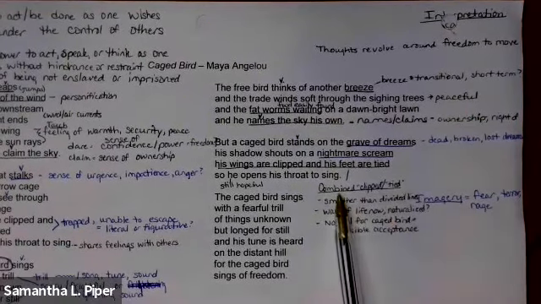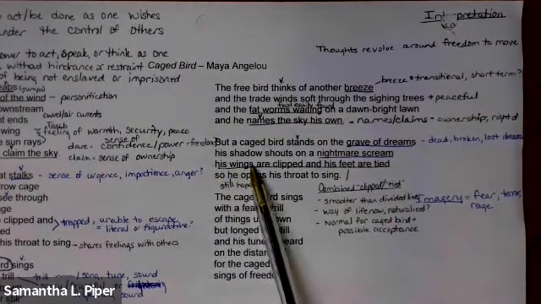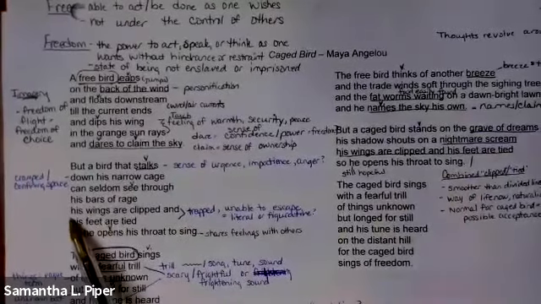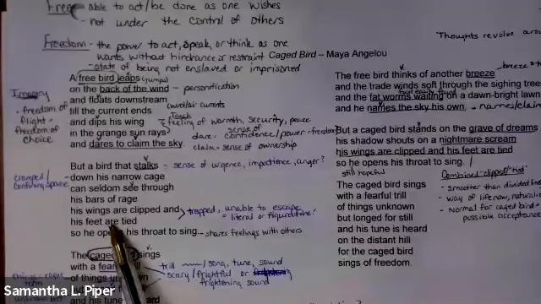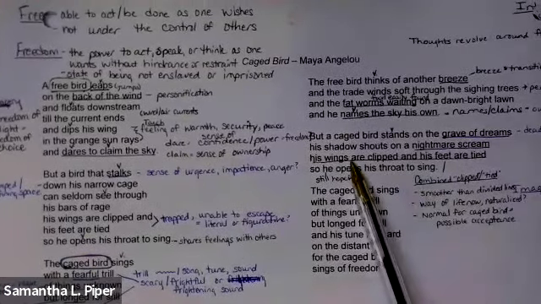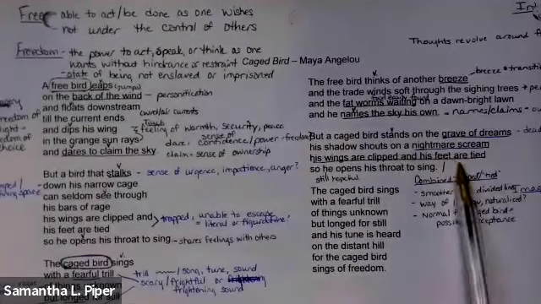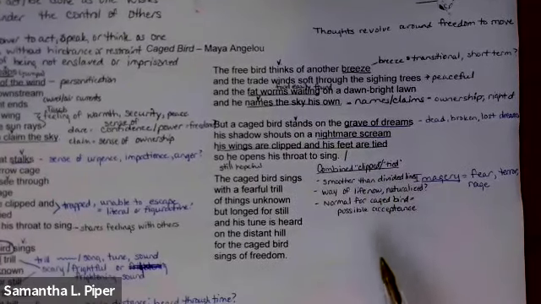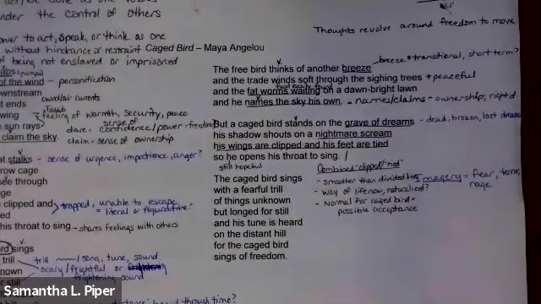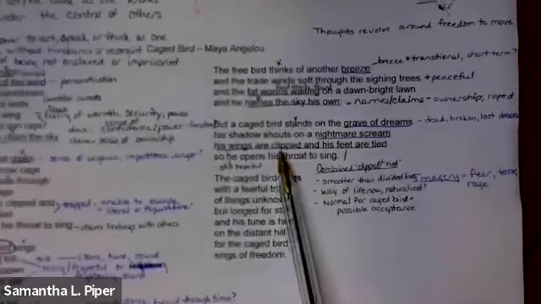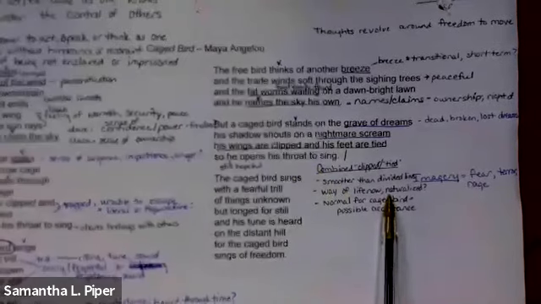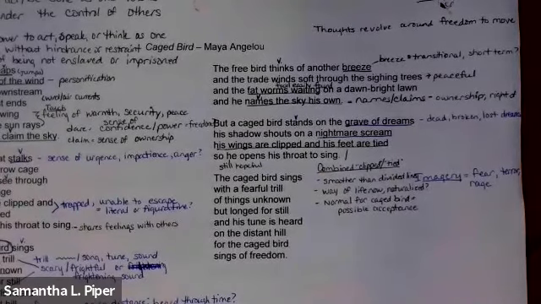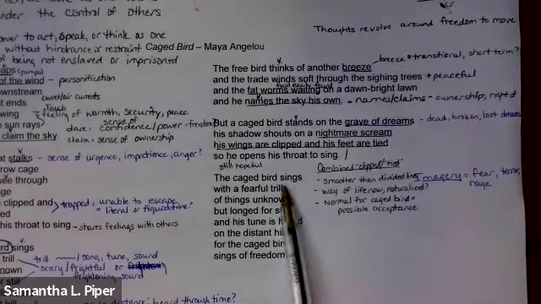So like the idea of having this line here, I don't know if you noticed, but I have these together. Look at his wings are clipped and his feet are tied. Those are two lines. Did you happen to notice that the second time we see it, it's all in one line? So this combined clipped and tied, maybe the interpretation might be that it's been happening for so long and just kind of a way of life now. Maybe it's more naturalized. Maybe this is normalized for the cage bird. Maybe he's accepting it, but then he still sings.